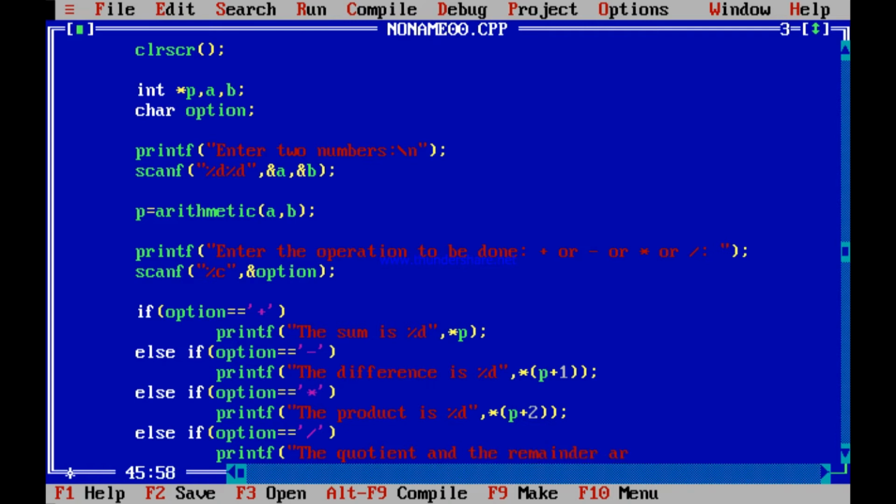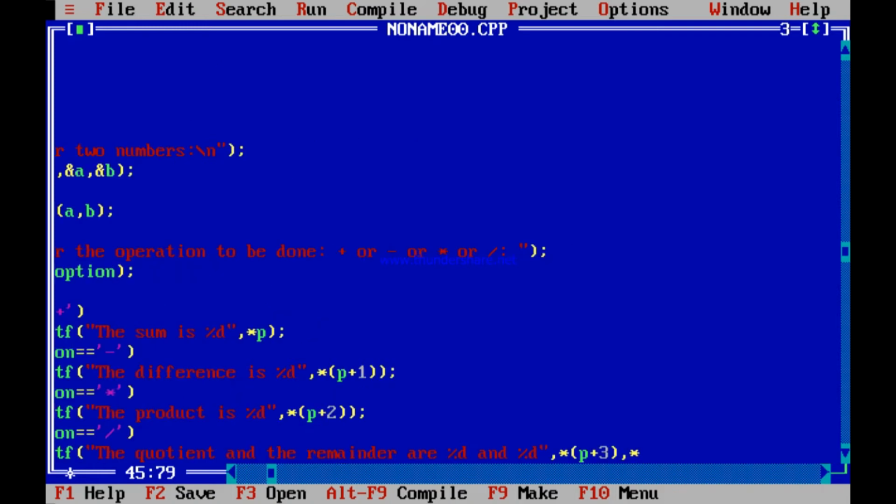The quotient and the remainder are what? %d and %d. Where are they present? They are present in the content of P plus 3 and P plus 4.